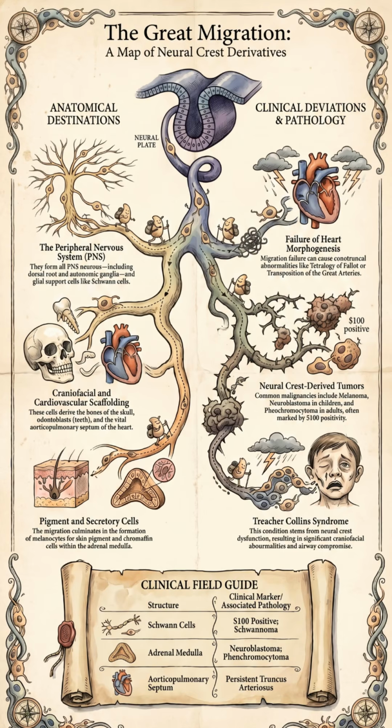Dysfunction in this migration, particularly to the distal colon, results in Hirschsprung disease, characterized by the lack of ganglionic cells and subsequent congenital megacolon. Another major role is the production of non-neuronal supporting cells, specifically Schwann cells, which ensheath all axons of the peripheral nerves, and satellite glial cells surrounding neuron cell bodies in the sensory and autonomic ganglia.